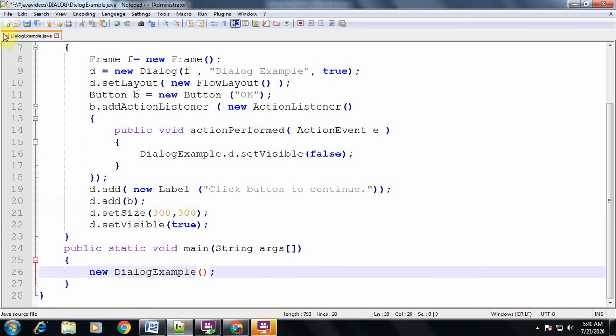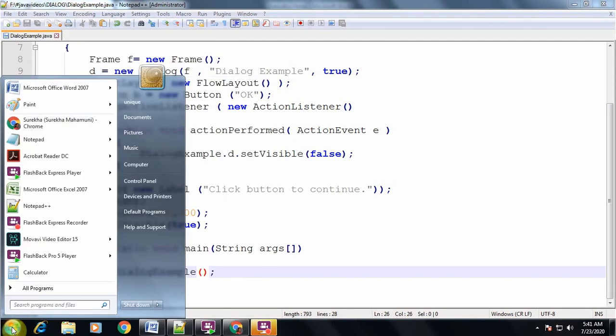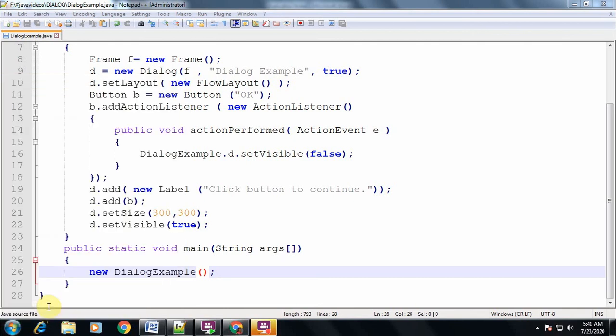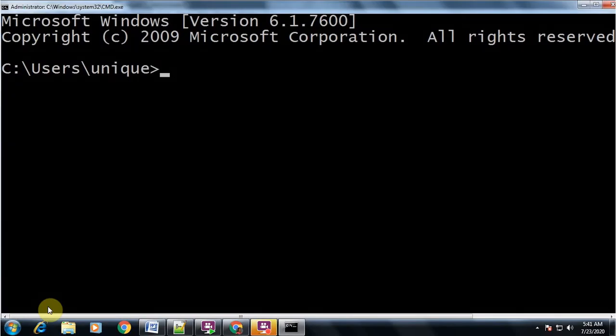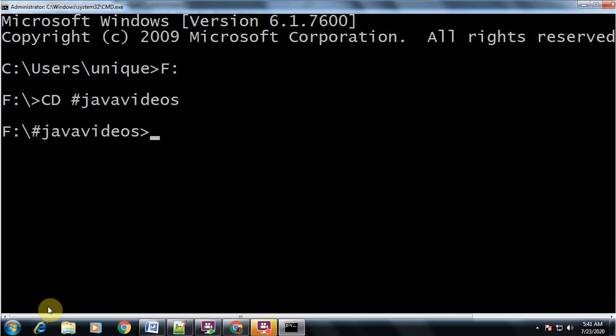Now we'll save this one. This is already saved. We will compile this one. We'll open our DOS prompt. Here in the DOS prompt we have this folder, cd java videos.